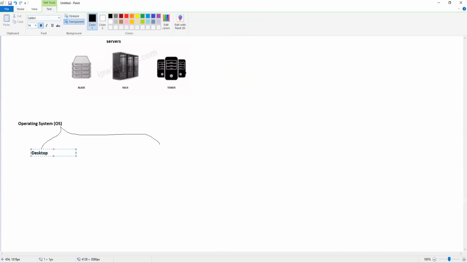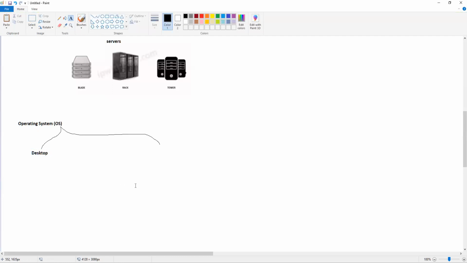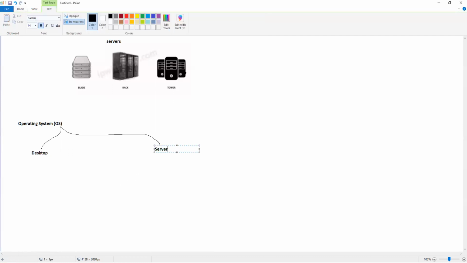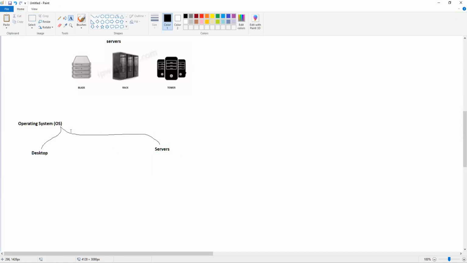Again, the word server is coming quite often, right? You have server hardware, you have server type, you have server OS. So everything that is there on the server is generally called a server as well. Right now we are looking at servers in the operating system.